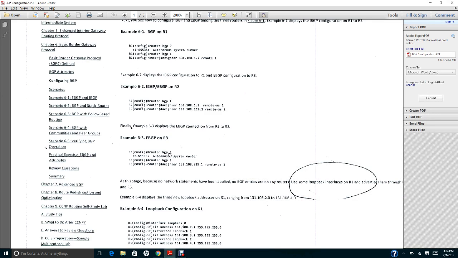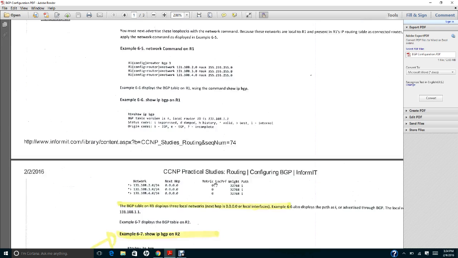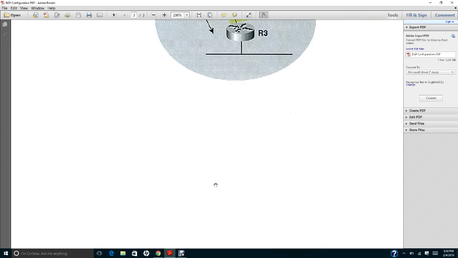Next we need to configure the R2 border to R3 BGP, which is router BGP 2 neighbor 131.108.255.1 remote-as 1. That one refers to this one.